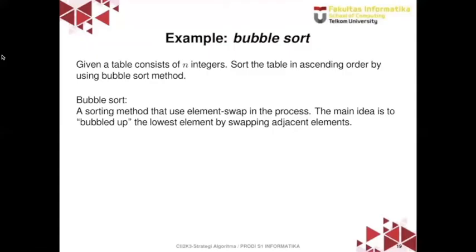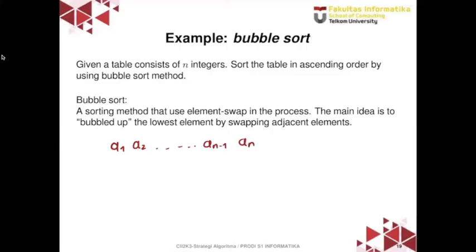The next example is bubble sort. So given a table consisting of n integers, we want to sort the table in ascending order using the bubble sort method. Let us recall bubble sort. This is a sorting method that uses element swaps in the process, and the main idea is to bubble up the lowest element by swapping adjacent elements. So if we have a1, a2, and so on until a(n-1) and an,